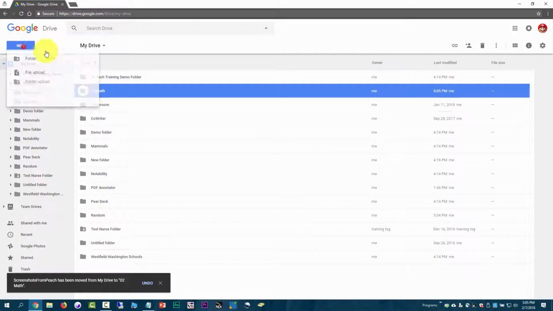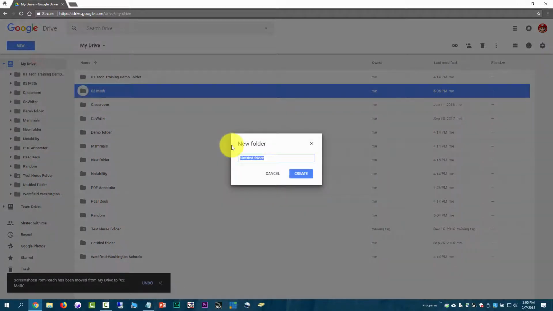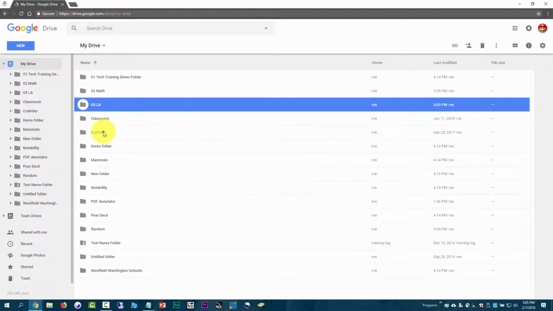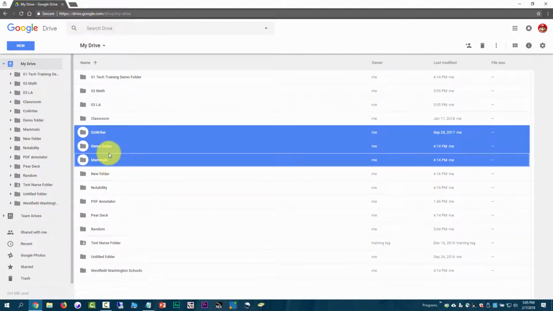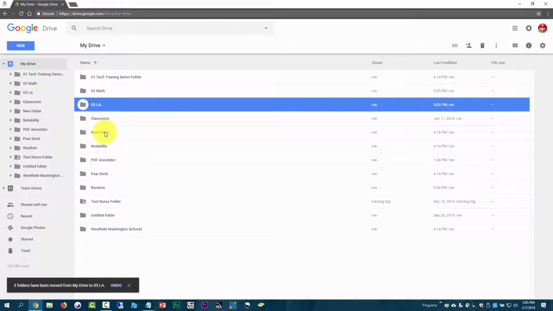Now let's say I need another folder. So I'm going to do New Folder, 03, Language Arts, Create. And then I'm going to say this folder and this folder and this folder, those belong in Language Arts. And then I would just keep going down through that path,